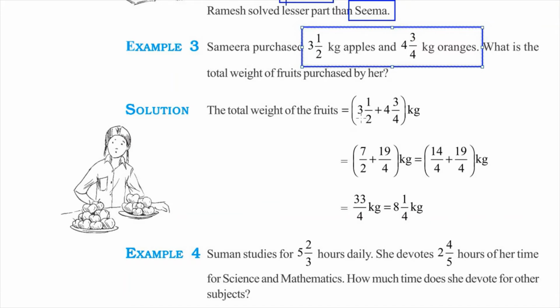Let us convert 3 1/2 into an improper fraction. How do we do that? We need to multiply 3 by the denominator 2, and the answer is going to be 6. To the 6 we need to add the numerator, so the answer is 7. Write 7 as it is in the numerator and then copy down the denominator. You should have already learned this in your previous classes. Just as a reminder,